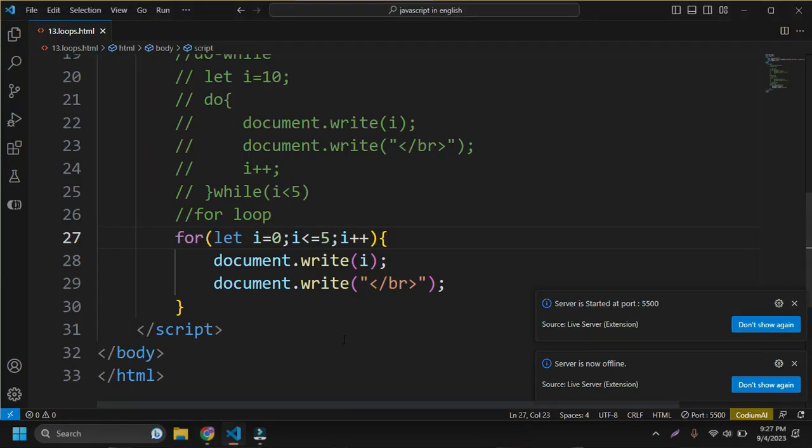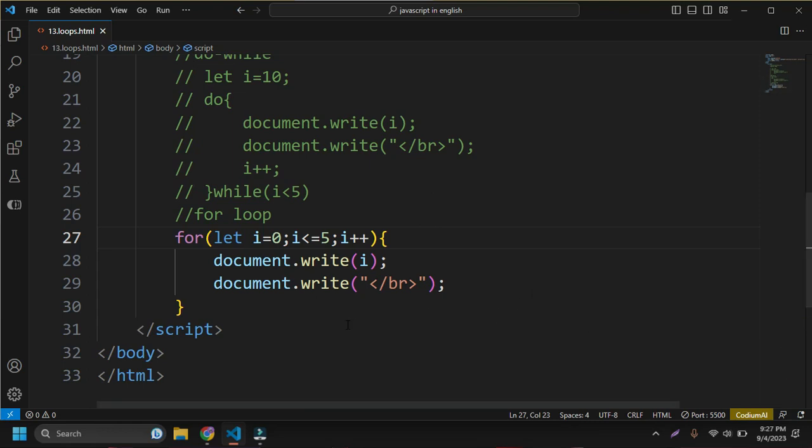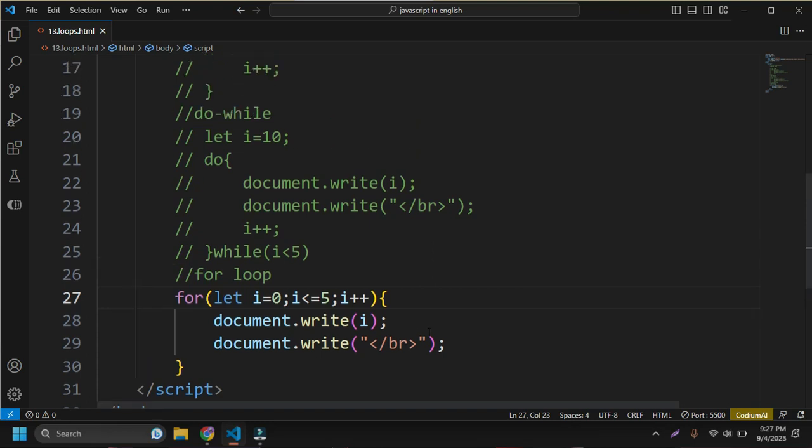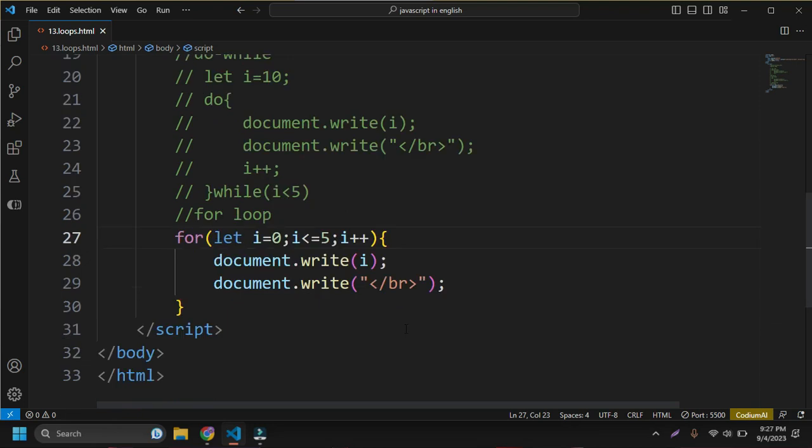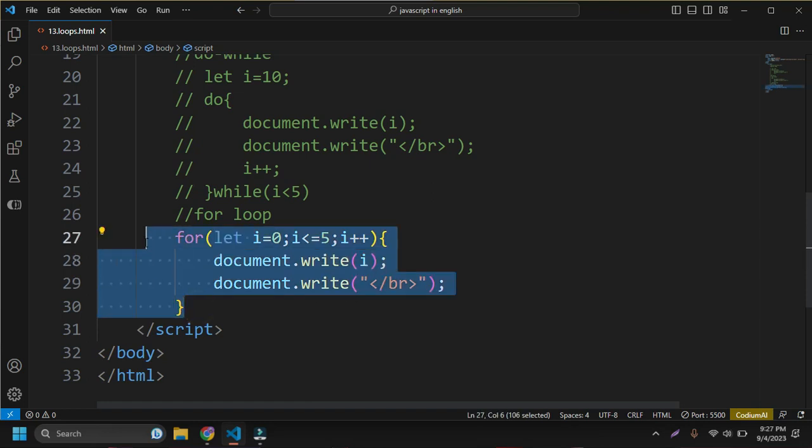So in this way, you can use the different types of loop, that is while loop, do while loop, and then the for loop. If you want to write in your answer sheet what is a loop, you can just type here: loop is the iteration of the code depending upon the condition. If the condition is matched, then we can repeat the code, right? But if you want to understand in layman language, loop is just the iteration of the code. If the condition is matched, then we can repeat the code. And if the condition is not matched, then it will go outside of the loop, right? And especially we use the for loop